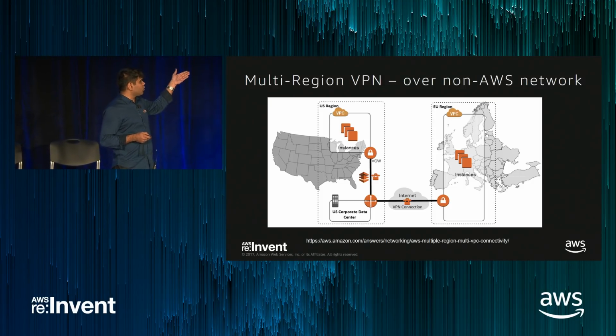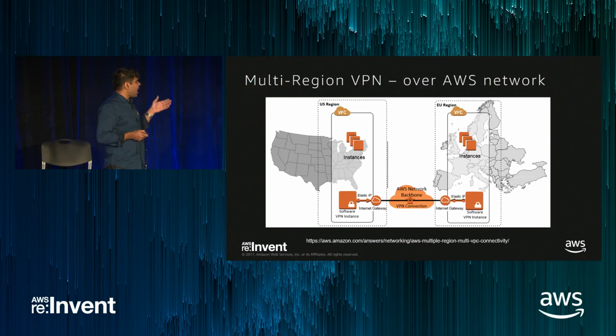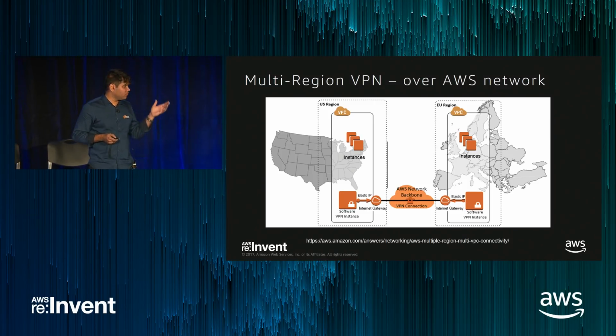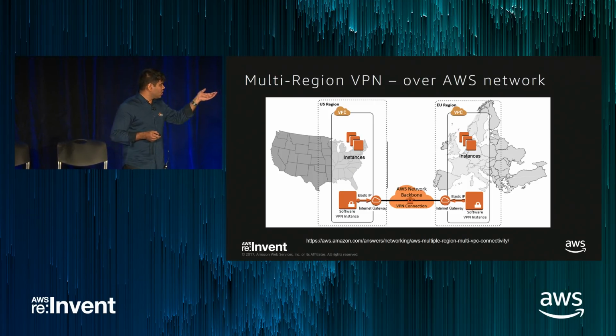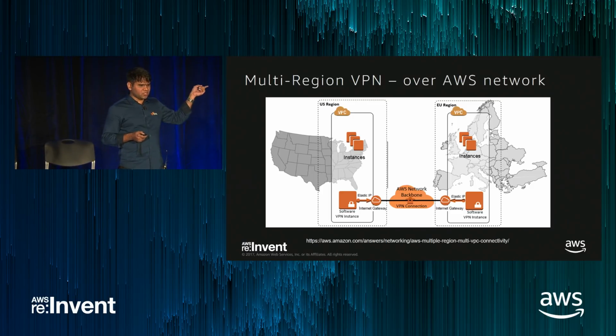Either you can route your VPN data via your corporate data center, right? That time you can benefit from AWS's hardware-based VPN, which is extremely high throughput. Or you can have a direct end-to-end VPN using software-based VPN techniques, right? So there are AMIs from various partners like FortiGate, which provide you VPN connectivity. There is one downside of this, though, that you get limited by the instance bandwidth, because now you are using instances to run your VPN software.